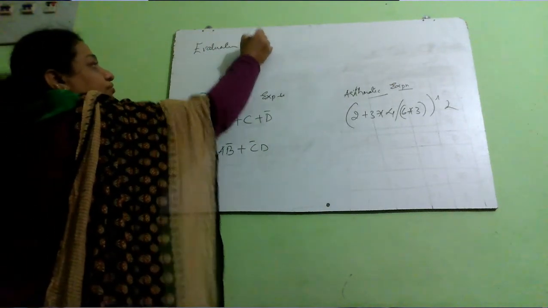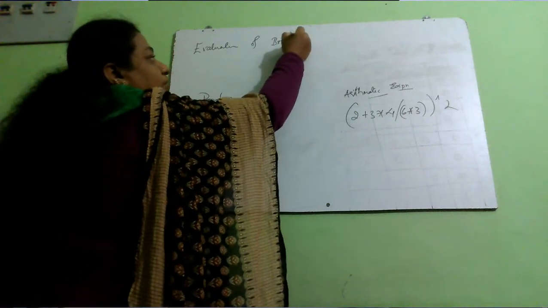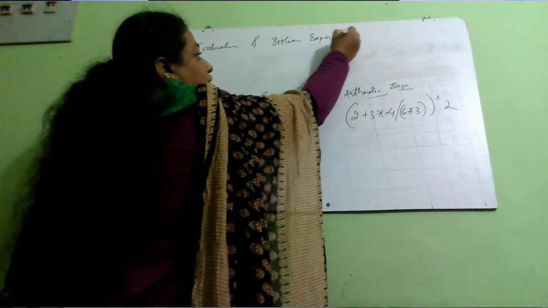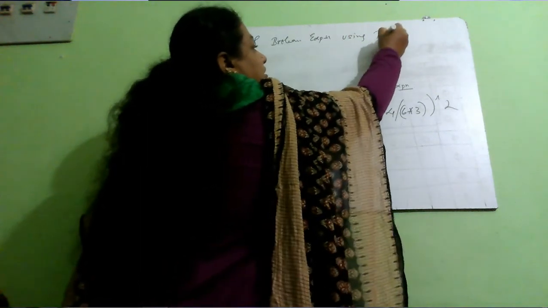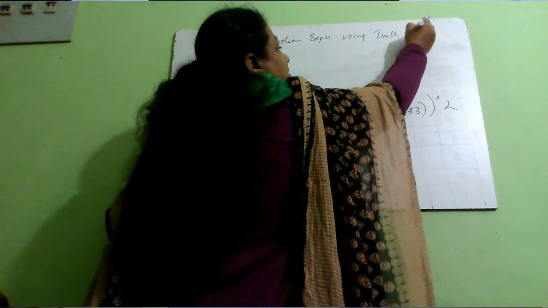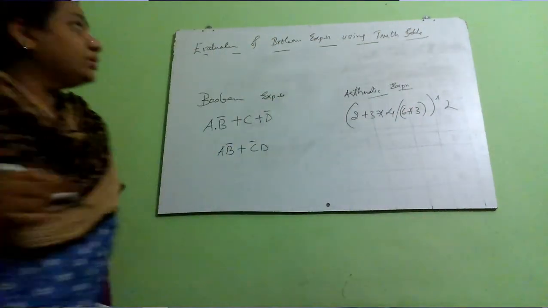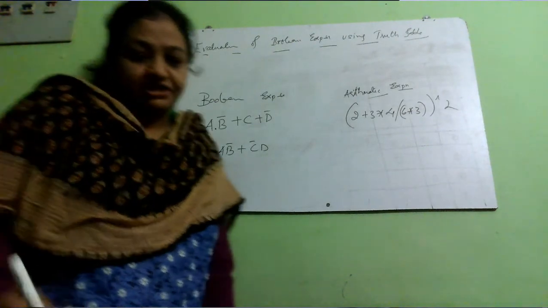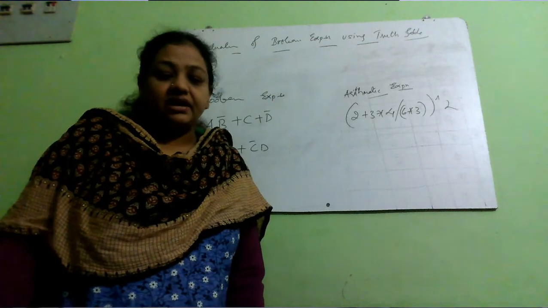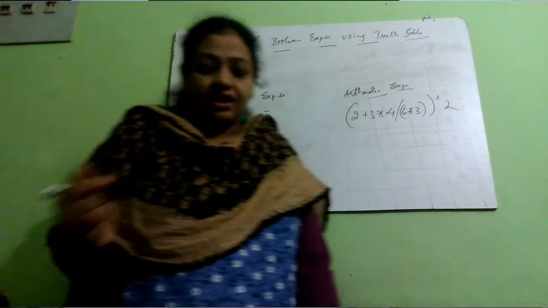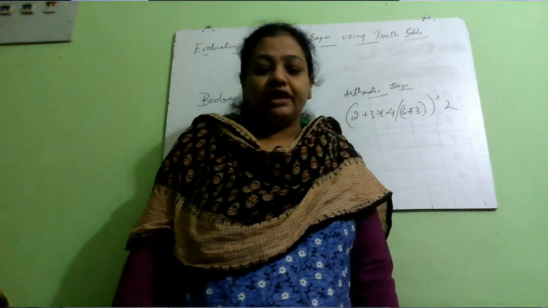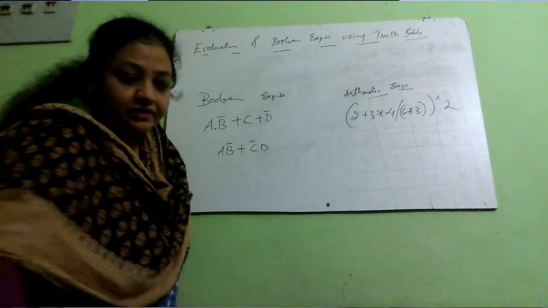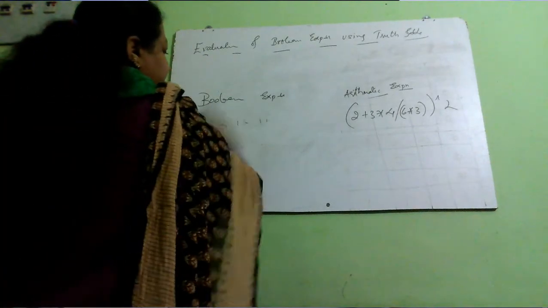Let us draw the output for the same. The OR operation says that if any one of the inputs is 1, the output is 1. Otherwise, the output is 0. Here we have 0, 0, 0. There are no ones, so the output is 0. Here there is a 1 in the input Z, so the output is 1. Here the Y value is 1. Therefore, the output is 1.